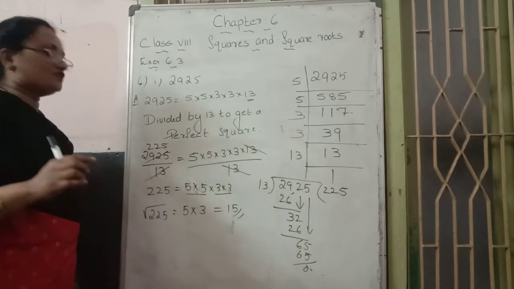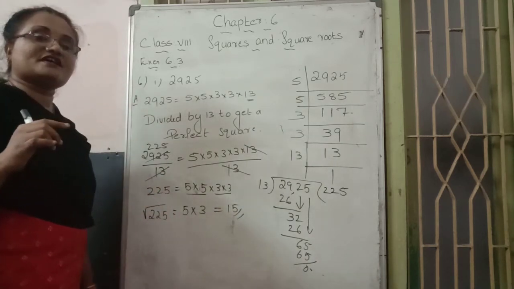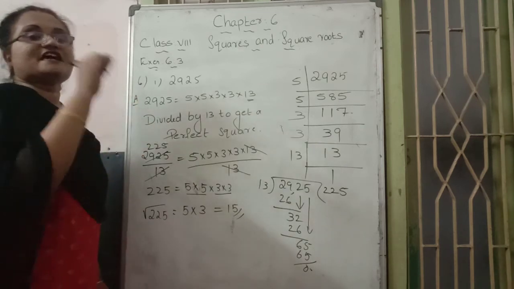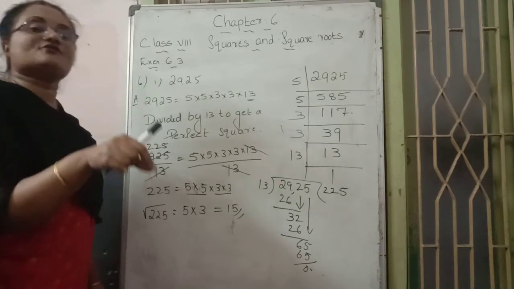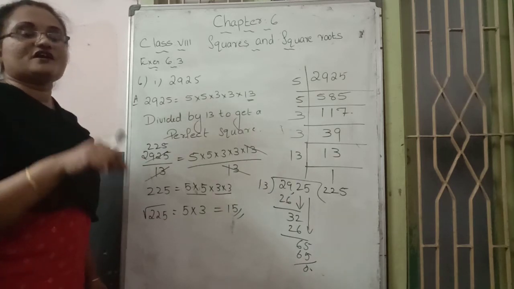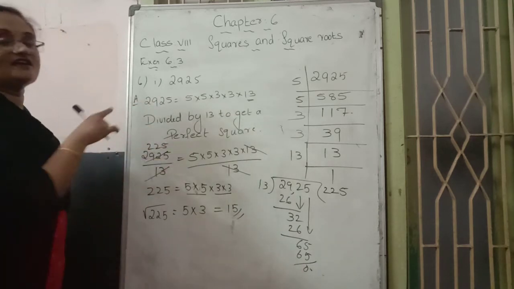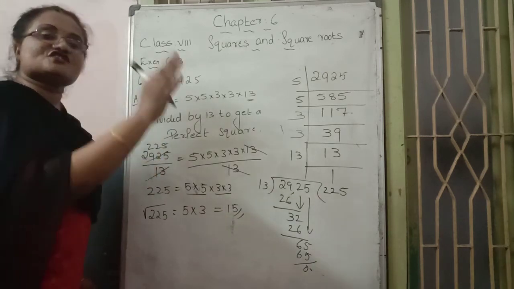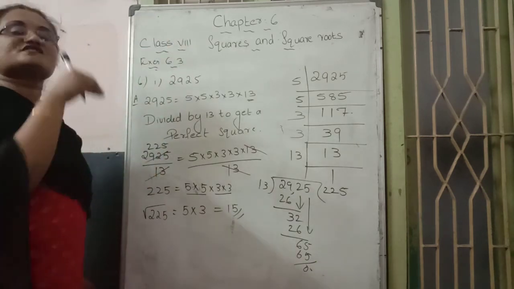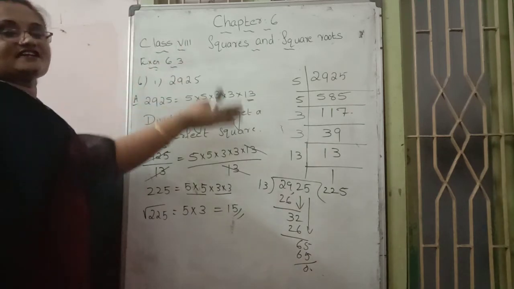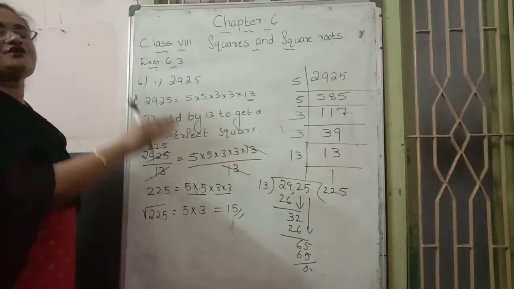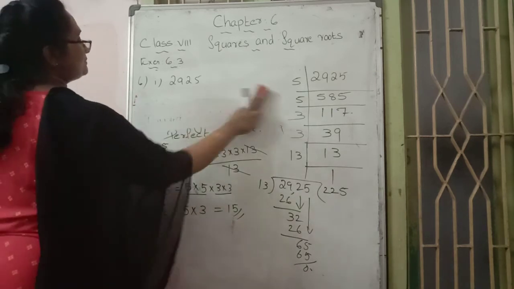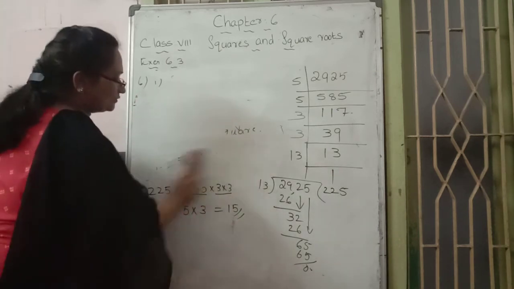15. So 225 is the square root of which number? The square root of 225 is equal to 15. That means 15 multiplied by itself gives 225. Hope you can understand how to get the division case. The division case also uses the same process. Whichever number has no pair, use that number and divide both right and left side, and find out the square root of that number. That is the procedure. One more question, same model.